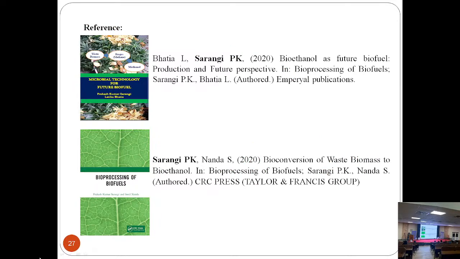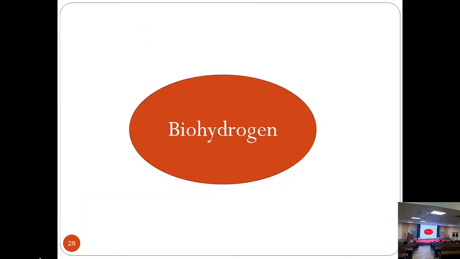Yeah. So in this case, there are some references on how this bioethanol is generated and on the production of all sorts of fuels. In this case, two of my books have also been published, on how pineapple and all sorts of biomass are generated and converted to fuel. It is also seen in these books. Yes. Next.